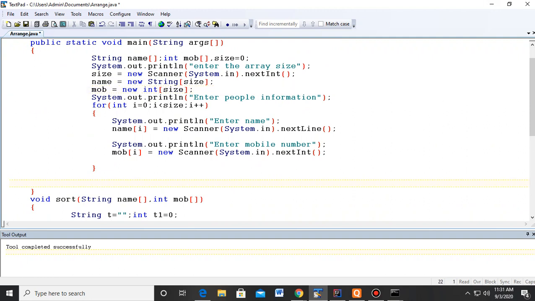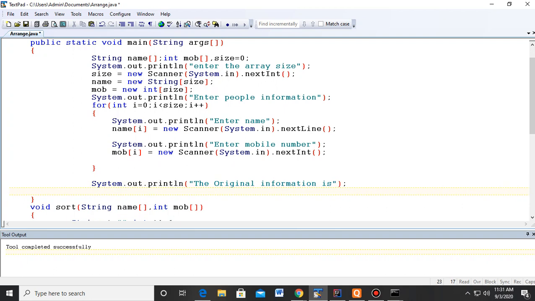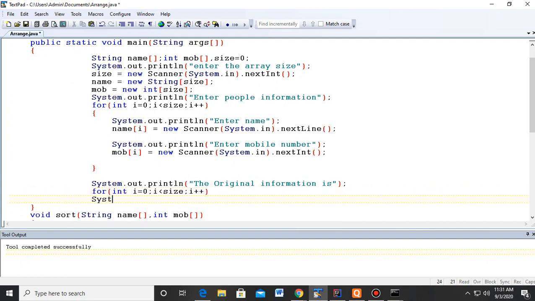And now here, after this, what I need to do is print the original information. The original information is, so it will go from 0 less than size, and here we need to print name of i and along with mob of i.